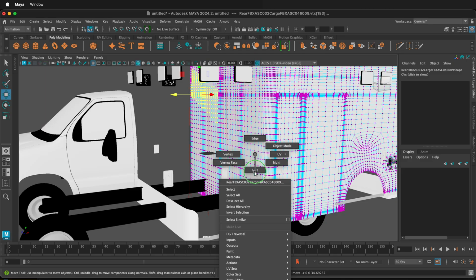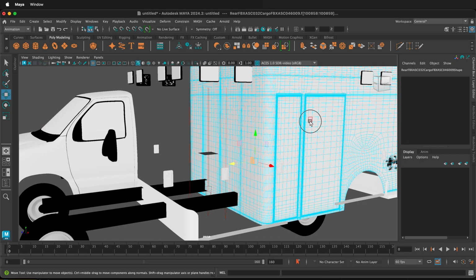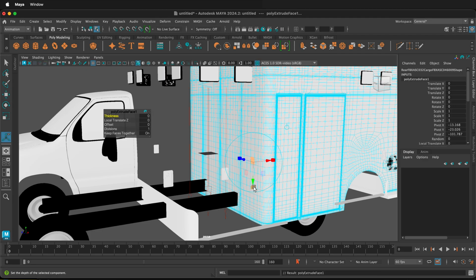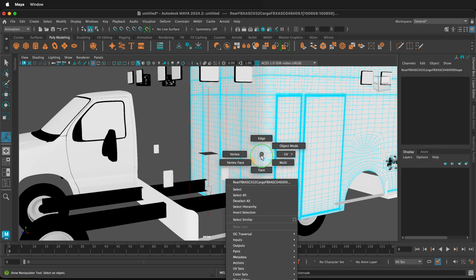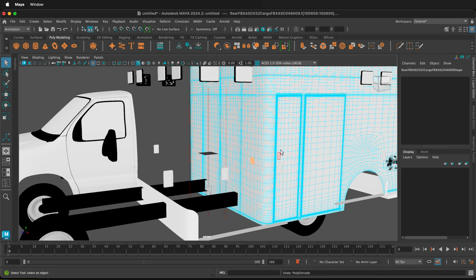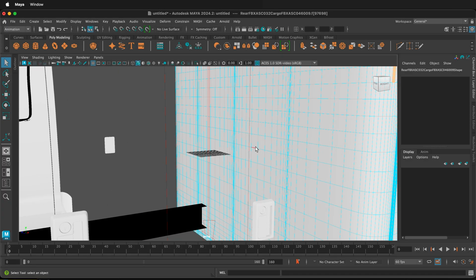I can also right-click and go to face mode. This allows me to select faces. I can move them, or I can extrude them. I can also right-click and go to multi-select. This is convenient because that way I can select faces, edges, or vertices depending on what I want to do